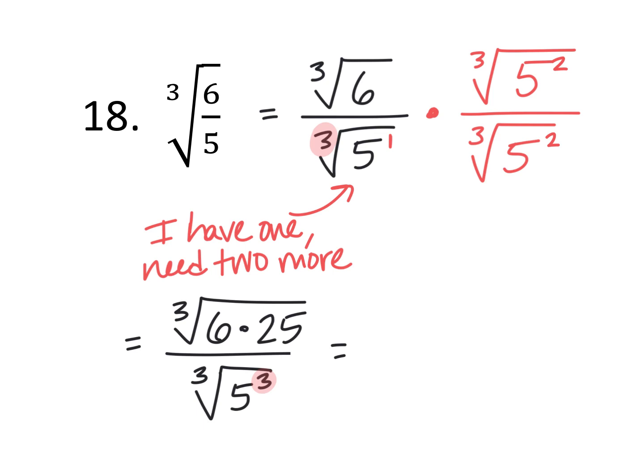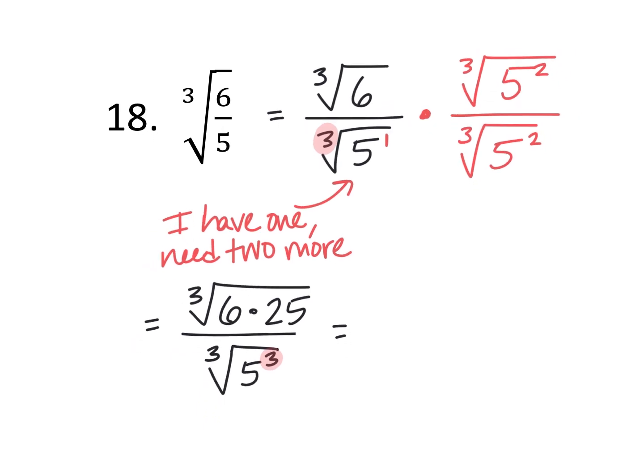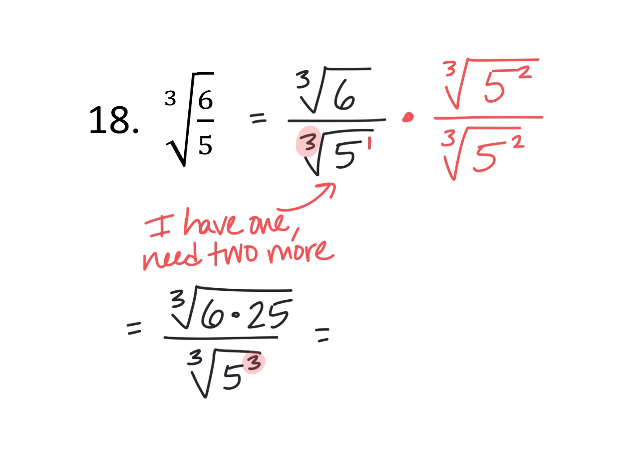The whole goal is to try and get a perfect cube or perfect whatever you have so that you can evaluate it. So now when I multiply these, 6 times 25 I think is 150. So the cube root of 150